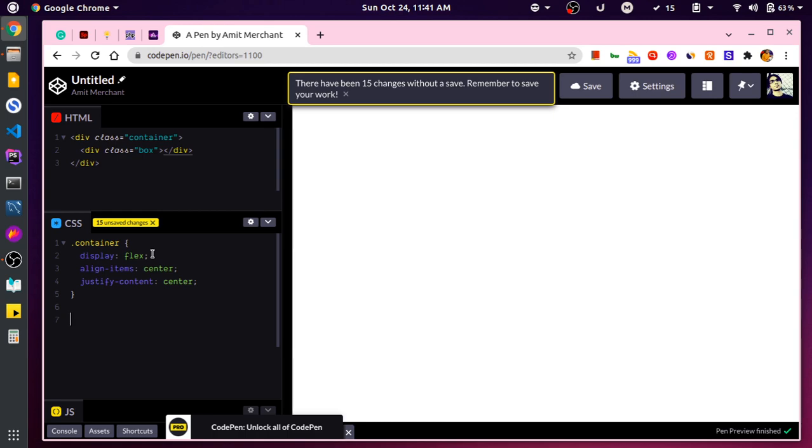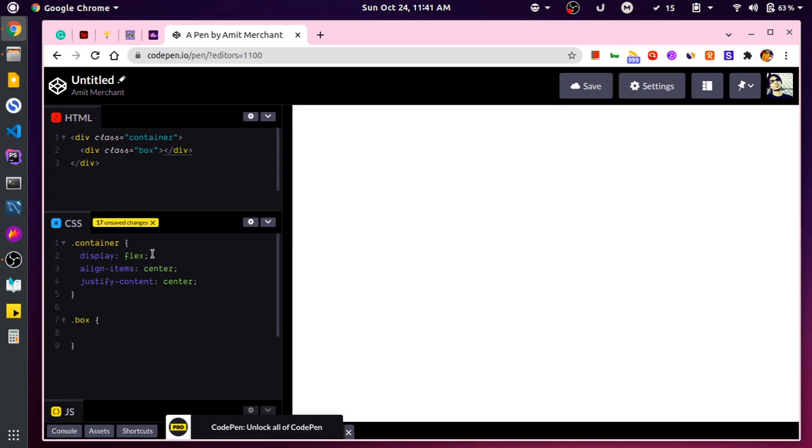And for the box we'll be using half of the container height and width, and for this we'll use height 50%, width 50%,